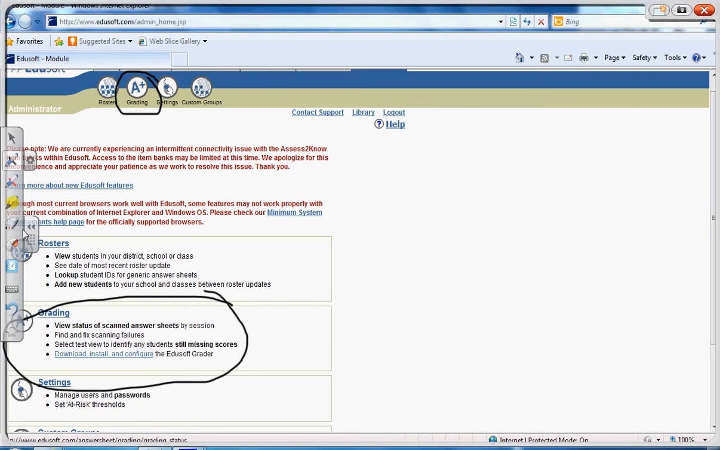Every once in a while a student will forget to bubble in their name, or sometimes the answer sheet doesn't scan properly. If you notice that once you run the report there's a couple of students missing and you were sure that they actually did take the test, you'll want to go to these grading tabs. You can go back and look at all of your scanning sessions and go in and see which students were scanned. What was it with the answer sheet? Is it something that you can fix in the platform, or do you have to rescan the answer sheet altogether? But this is where you would go for that. As you can see, find and fix scanning